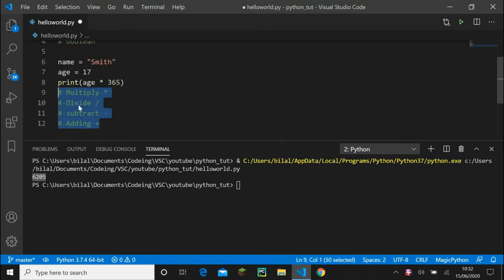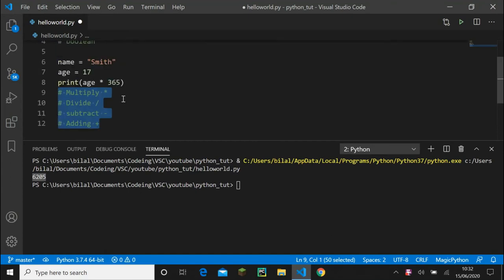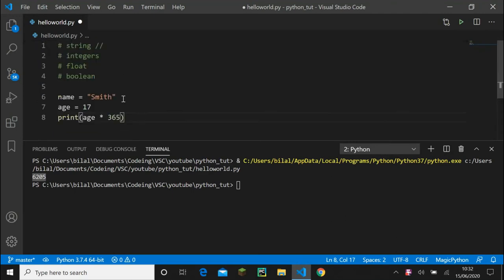We'll go more over operations in a different episode, or we might go over concatenation in the next episode. But that's basically integers for you. Now we've done integers,